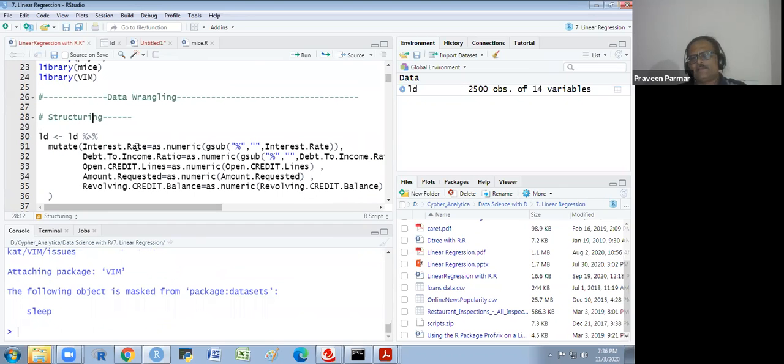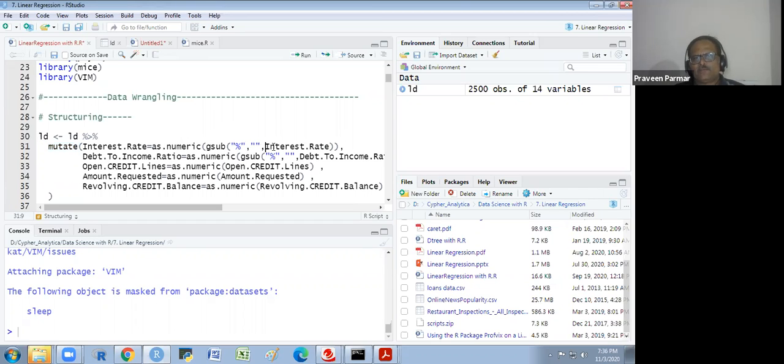Now I start the data wrangling. Now this process is called data wrangling. We are converting character into numeric. This activity is called data wrangling. So here you see the pipe function is for the chaining method, and this we have read in the data preparation part. So LD, I am saving again in LD, whatever the output I will get from this. And in LD what am I doing? I am doing mutate. Mutate means I am making new columns with the help of previous columns.